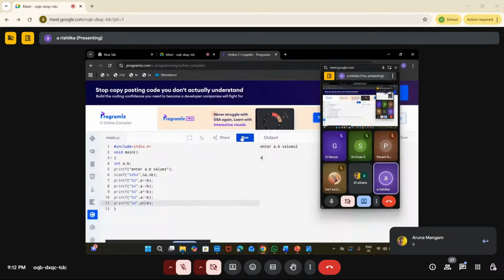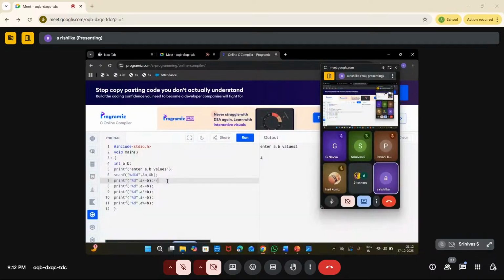a is equal to a minus b means a is equal to 6 minus 4. The answer will be 2. So a will be 2 here in this case. So I'm writing it here because a is equal to a plus b means 4 plus 2, the answer is